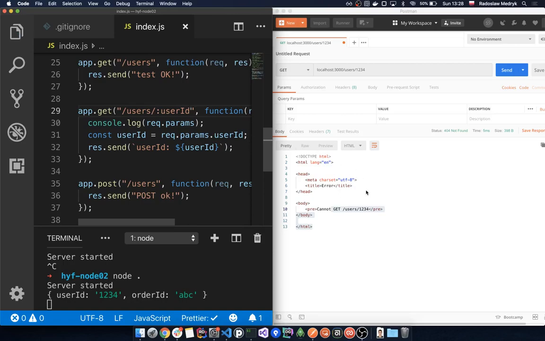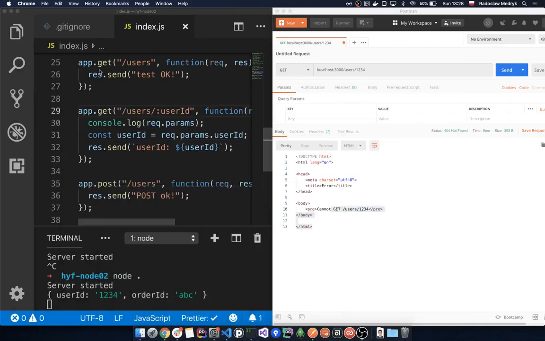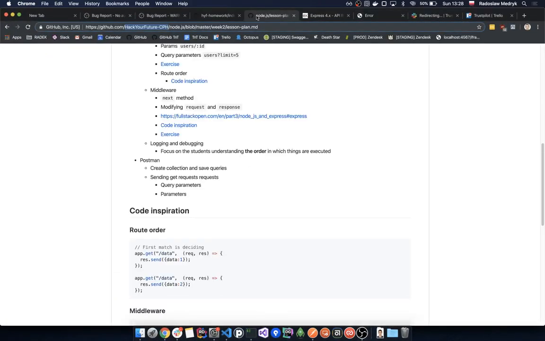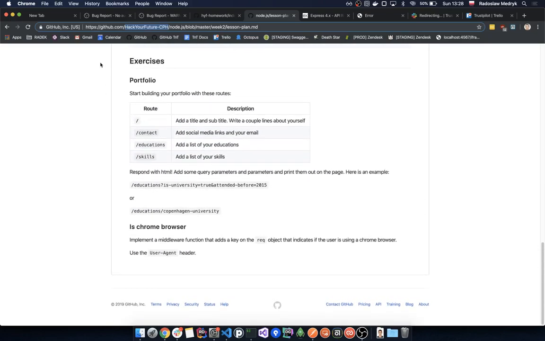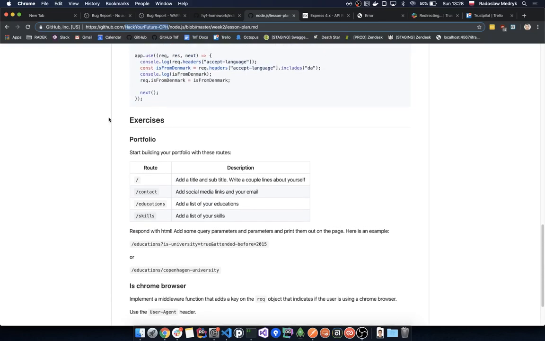Okay, so time for some exercise. Yeah, let's start with the new one, with exercise one, right? We can start with doing that. Let's make a new Express app. Right, let's write a few endpoints. Let's make a contact, educations, and skills, or maybe just two of them. Just make some endpoints that will be, for now, just get endpoints, and we will start with practicing on the